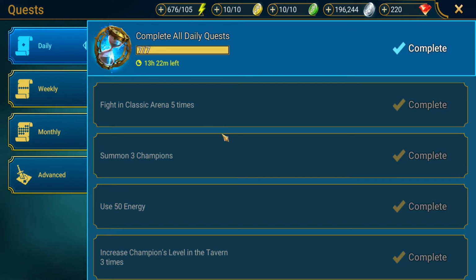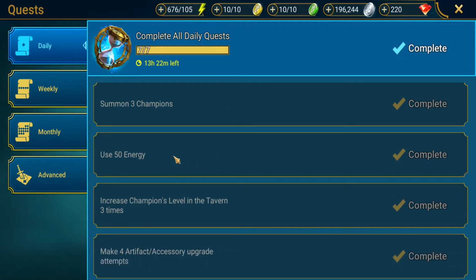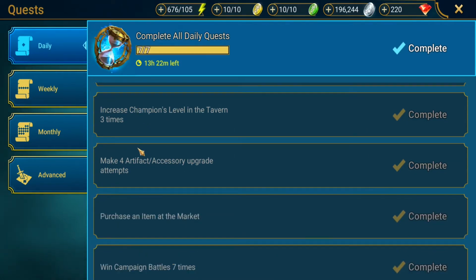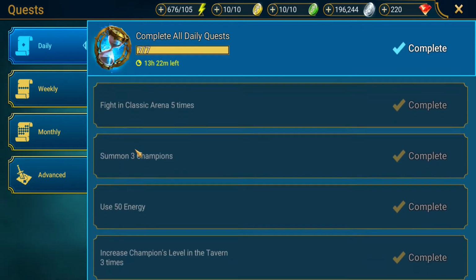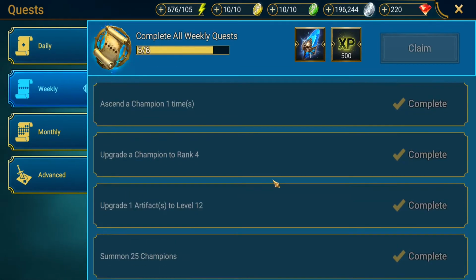And in your classic arena, you're going to want that for the forged materials and stuff, which you'll be able to access at level 35. And you'll use 50 energy in your normal everyday fighting. You also got to fight a campaign boss 3 times, so that will use up that energy as you're searching for gear, fighting the campaign boss. I don't know where that is in here, but it's usually every